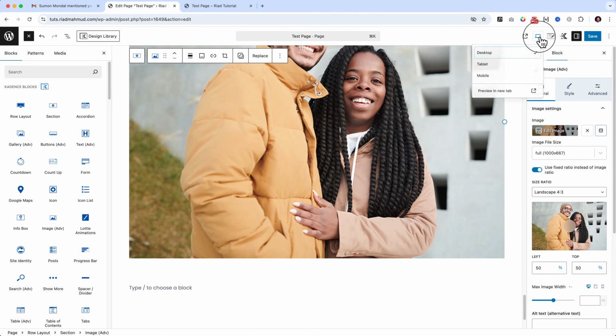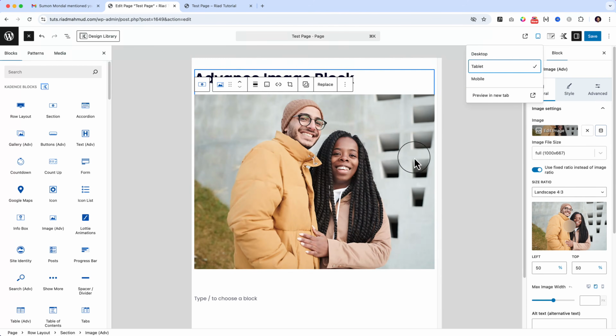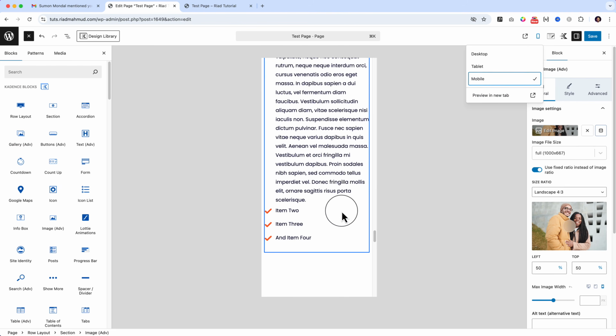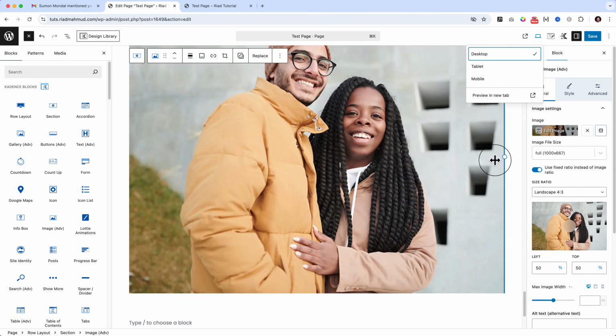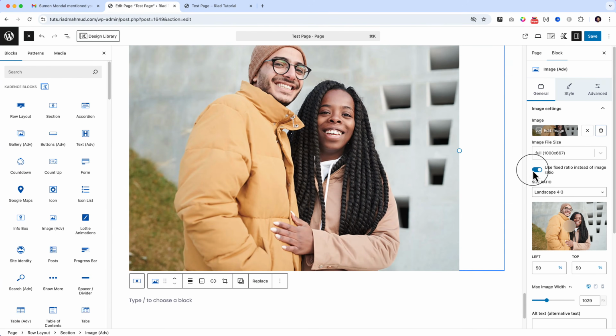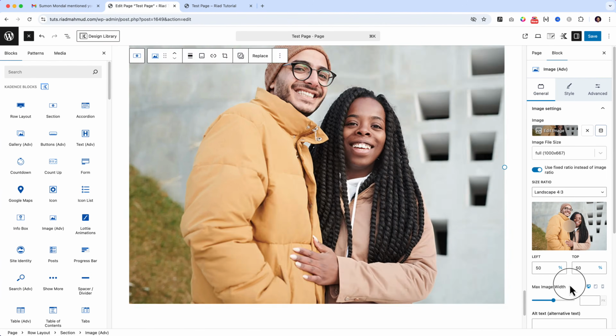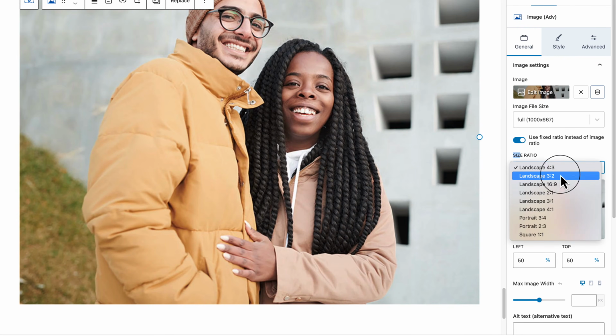And if I change the view, as you can see, it's still displaying the fixed ratio, which is the entire screen, which is really useful. And you do not have to adjust the width by dragging and dropping here, which is really painful sometimes, and that's why it's good practice to use fixed ratio and reset the width here. Now if you scroll down, you can see the size of the ratio, landscape. You can change the size to square